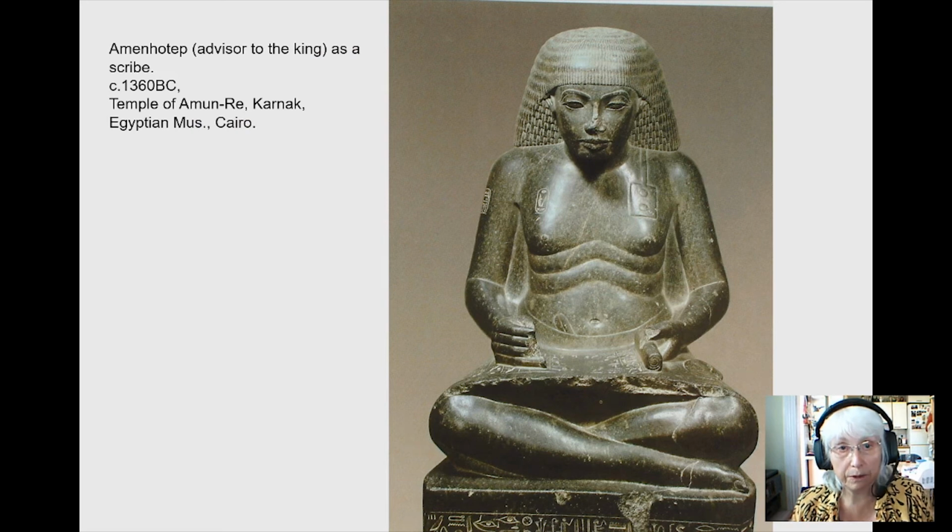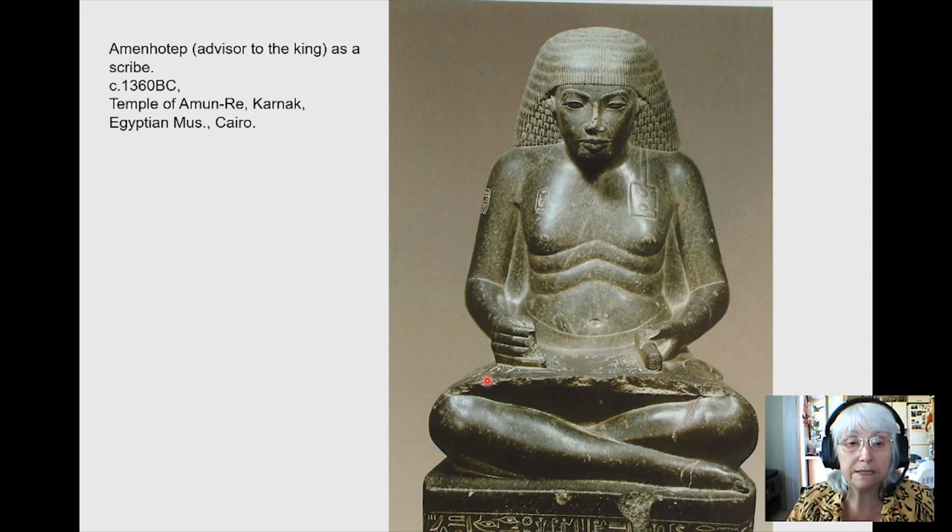The man is still wearing a wig because they wore wigs to show their authority. He doesn't have a beard at all, but what he has got is an action. He's holding a pen to write. He's holding a block to hold down a scroll, and he looks as if he's made out of flesh. He's got these creases across his torso, like a real human being might, and he's sitting cross-legged, and across his